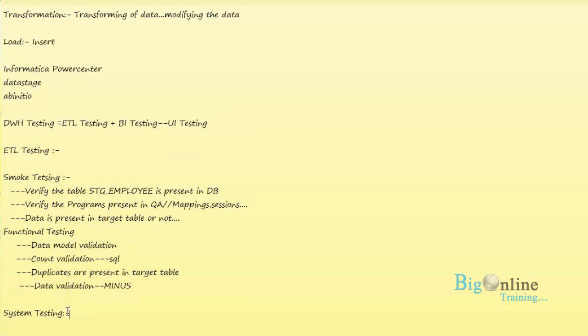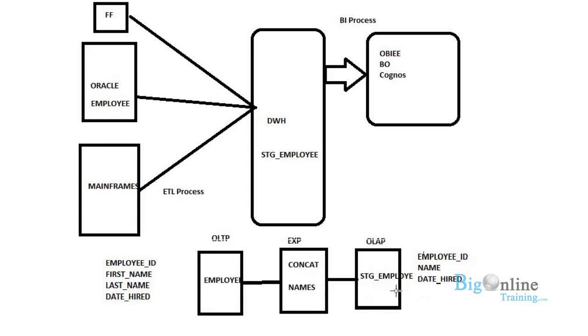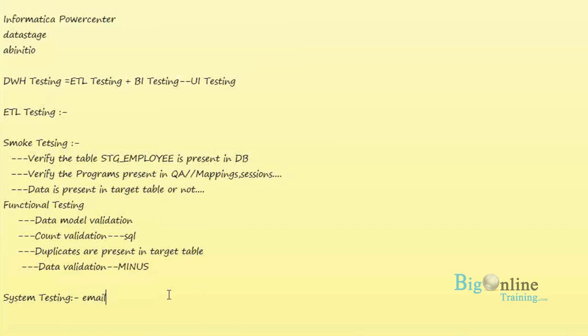And similarly, in the system testing also, we will validate different things. Whenever data is loaded, the ETL programmers will configure an email task which will notify them saying that the data load is completed. So you have to verify whether that email task is working fine or not. Some kind of small task validation will be there in the system testing. So in the system testing, you're going to validate the email task and the file archival